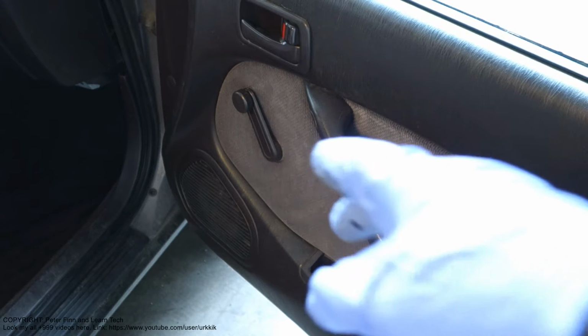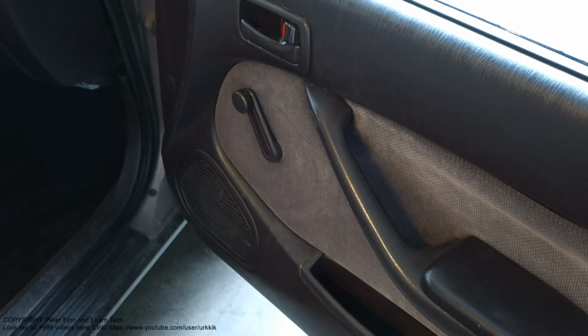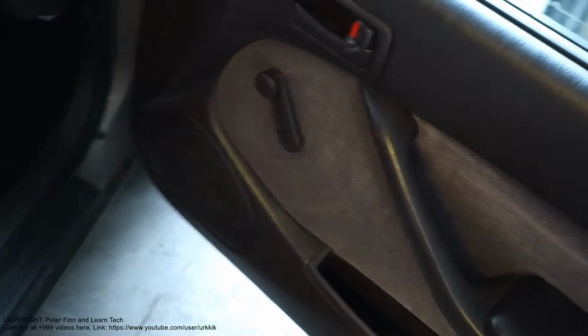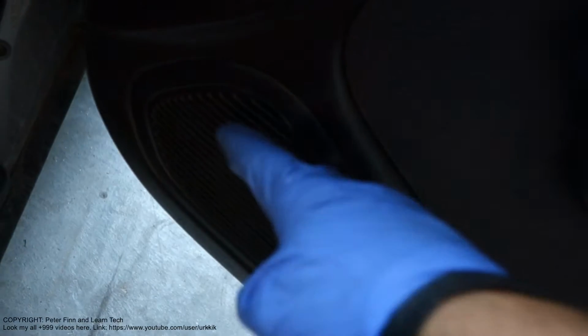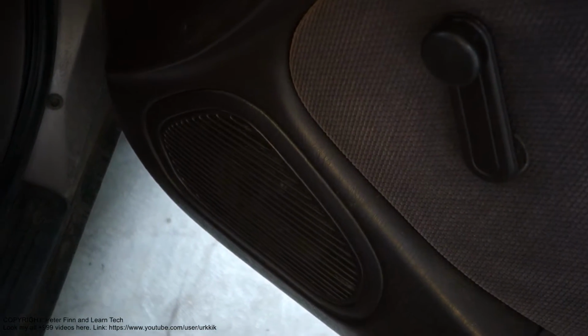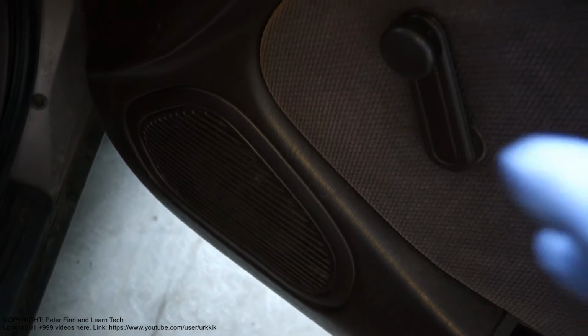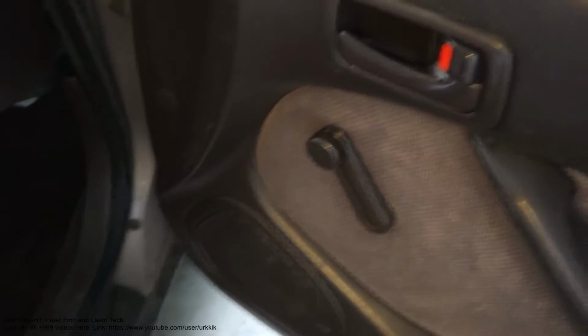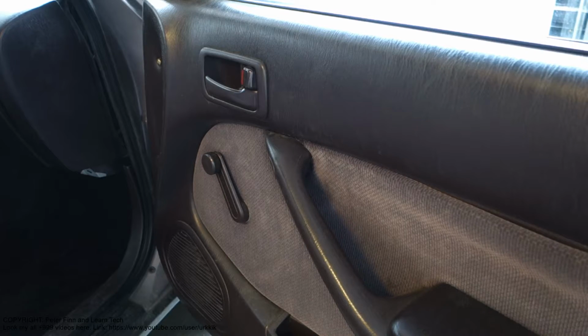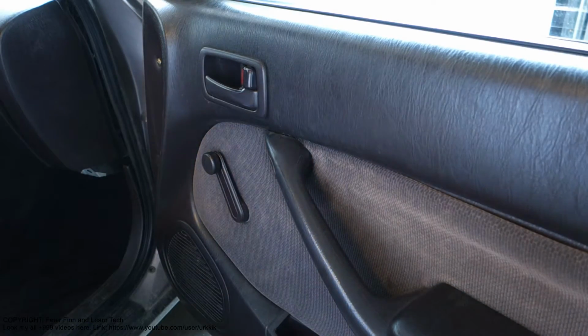Next I am planning to show you how to replace the speaker in this Toyota Camry, the one in the lower door area, with a new one. To start this job, I need to disassemble the door panel first, and then we continue. Okay, and then I am planning to take out